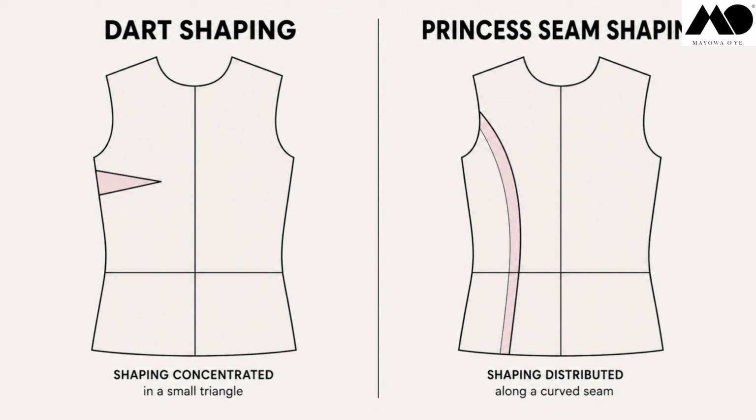A princess seam, on the other hand, is distributed shaping. So instead of one dart doing all the work, the seam line carries it through the entire garment, which can create a smoother, more sculpted fit and gives you more places to adjust. So when you choose between them, you're not just choosing a look, you are choosing how you want the garment